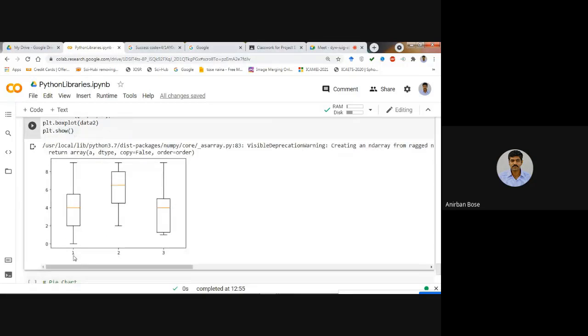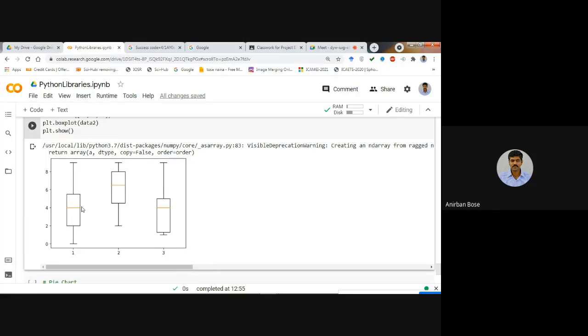Suppose this is list 1. Okay. So for list 1, you see what the minimum value of list 1 is and what the maximum value of list 1 is. That you can understand. And then you see this yellow line. That yellow line is the median value. Median value means that the number of values less than this value is similar to the number of values more than this value. Okay, so this is the median value. The same number of values are less than that, and the same number of values are more than that.